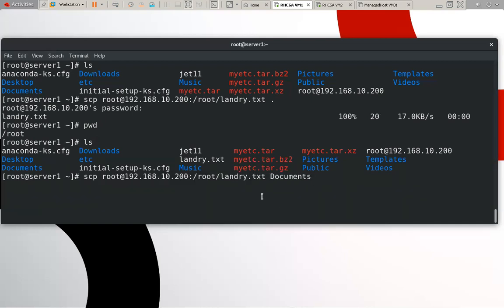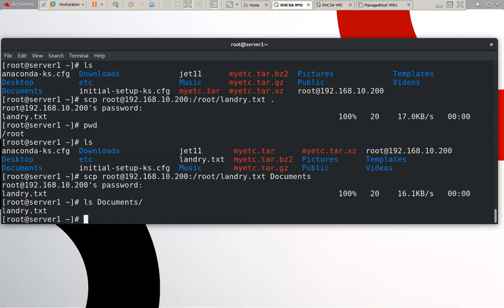So we can use it, give the password. Now you can check ls Documents, okay, this is a D in capital. Now you can check we have got this file.